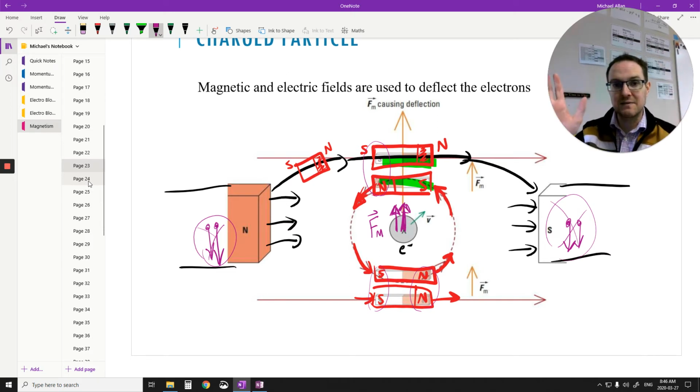I can draw these invisible magnets. I can then look at how they interact with each other. That's fantastic. You can do that. But there's a shortcut. It's called the third hand rule. So the third hand rule